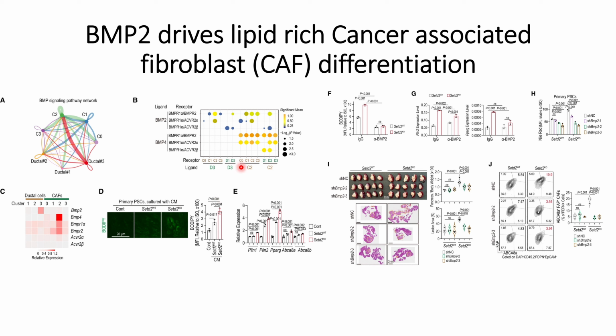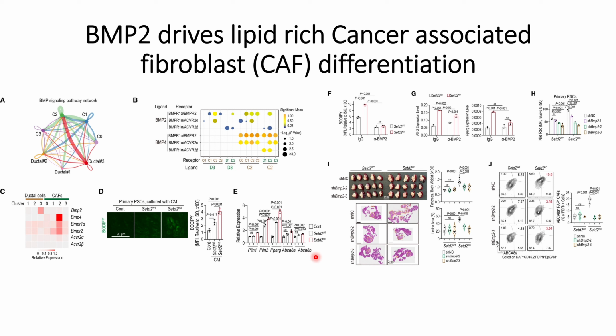And when they check the other factors that they identified in the previous experiments, that is PLIN1 and PLIN2, which are the markers for the lipid-rich environment, they see that it is high in the case of knockdown cells, and also the other marker, PPARG, is high. The cluster markers ABCA8A and ABCA8B, which are markers for the C2 cluster, also seem to be upregulated in those pancreatic stellate cells with SETD2 knockdown culture medium,